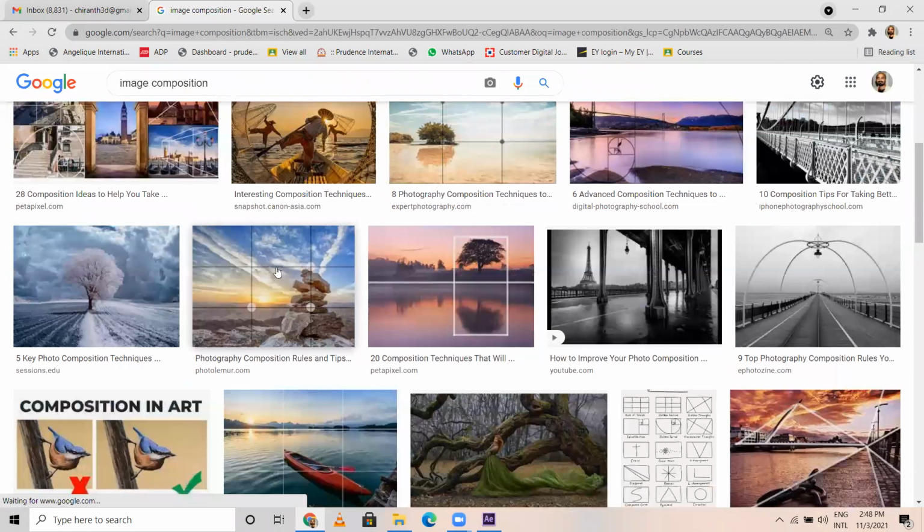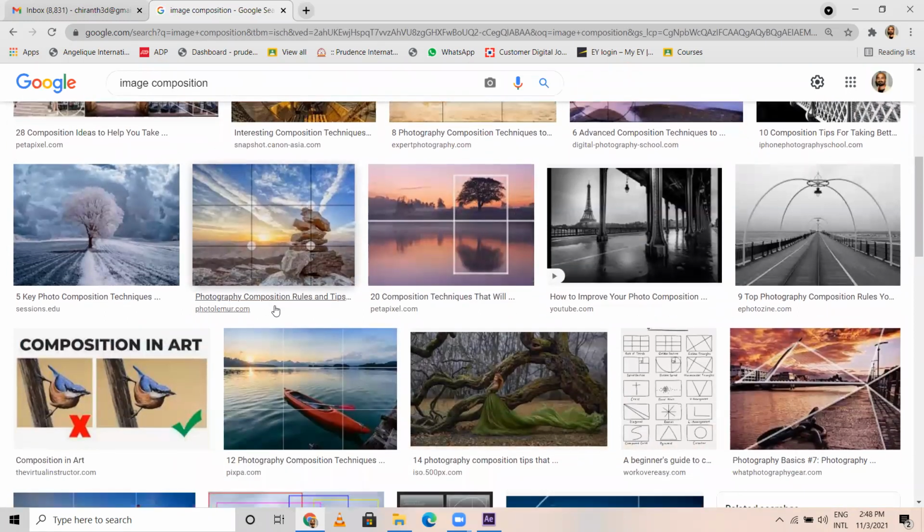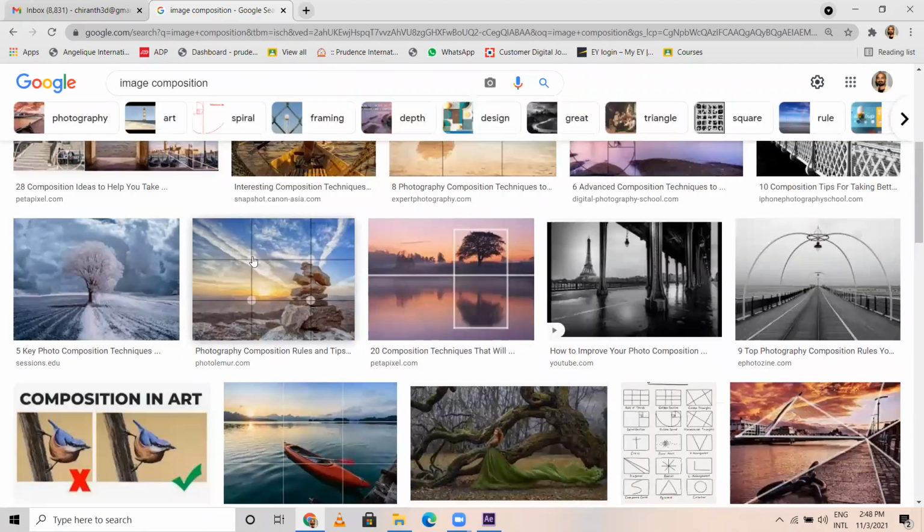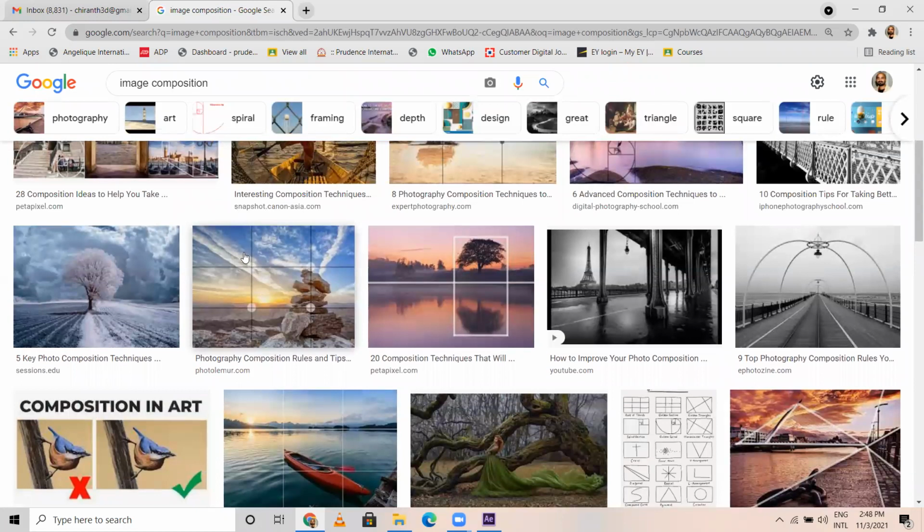Now in this particular image, if you see the background, let us break this into three different areas: foreground, midground, background. These are three different areas we need to decide. Based on that, we have to create or pick the relevant elements.